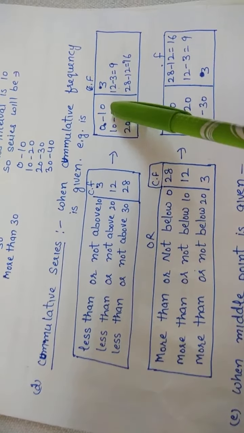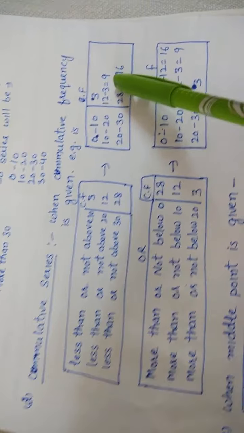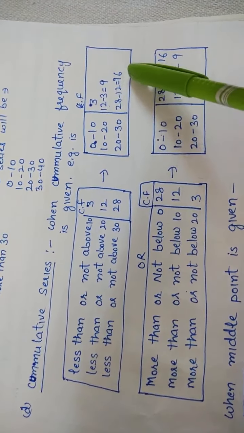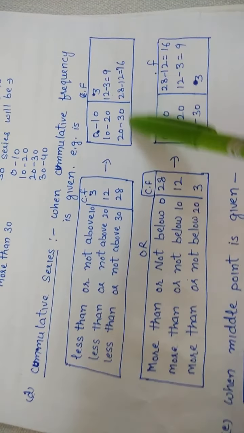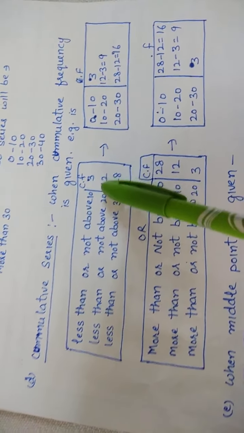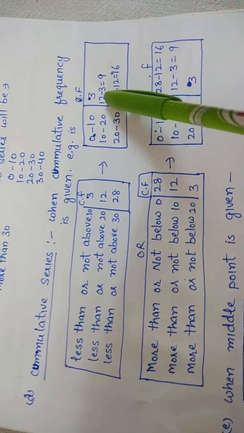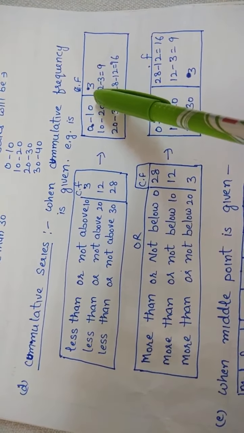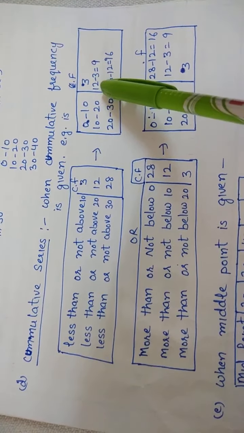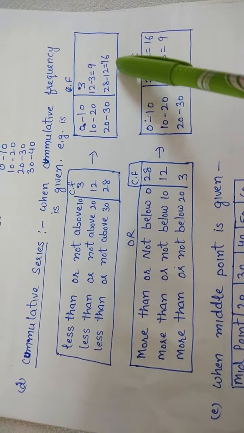First class is 0 to 10, frequency 3. 10 to 20, 12 minus 3, 9 frequency. 20 to 30, 28 minus 12 is 16 frequency. Means in 28, the upper two frequencies are added. In 12, the upper frequency is added. So we have to subtract the previous frequency from the next one, like 12 minus 3, 28 minus 12,